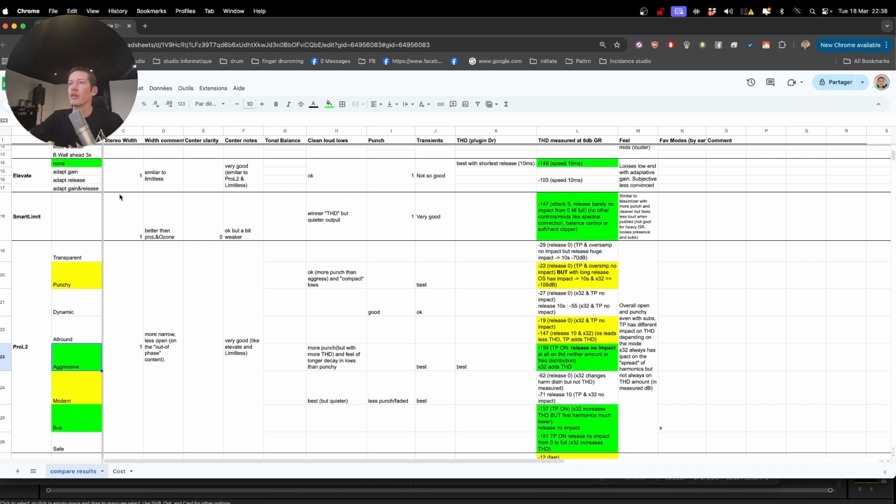This is the conclusion. I really like, as you see, LimitOne. It's coming on stereo width and stereo center. It is also clean on the lows, but it is lacking a bit of punch and it is adding a little bit more harmonic distortion. Yet it hits in the chest, it feels clean, and it preserves low end even at high gain reduction,